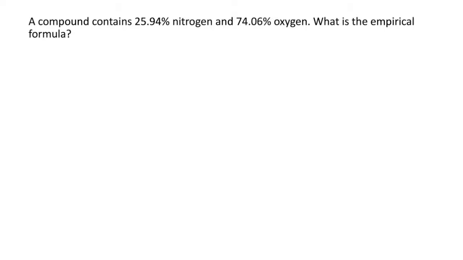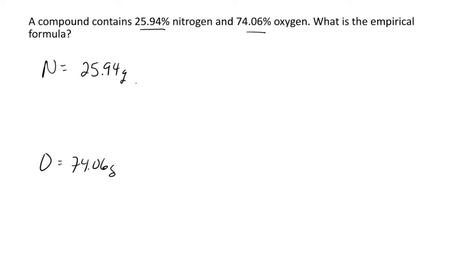For this question, it states a compound contains 25.94% nitrogen and 74.06% oxygen. What is the empirical formula? You want to assume that you're working with 100% of the compound. This allows us to set nitrogen at 25.94 grams and oxygen at 74.06 grams. Now that we've converted the percent by mass to grams, we're going to convert the grams to moles